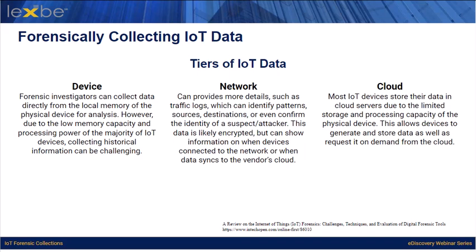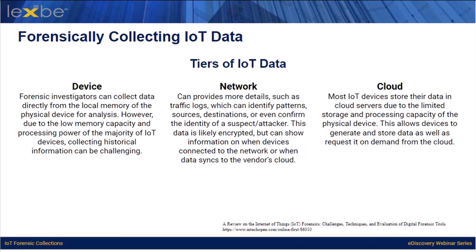And this is basically saying, the device itself does not have the processing power that, say, a mobile device has, or a computer, where you're able to store so much information on the device. So that's why there are other tiers, including the network and the cloud, where we will actually be able to pull the data from. There will be instances where devices can have data on them, like, say, your Apple Watch, which does have storage capabilities on it, and will be able to hold information. But a lot of that data will still be synced to your phone.